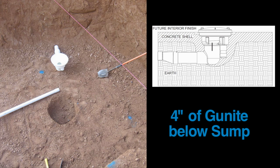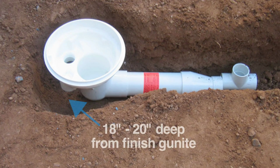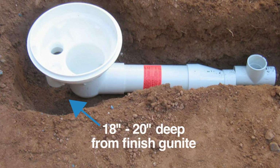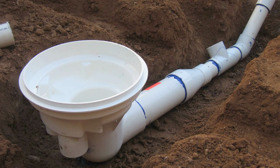Okay, let's get started. When digging the hole for any sump, you should always dig it deep enough so there will be at least 4 inches of gunite underneath the sump to avoid any leaks. On the MDX-R3, this means the bottom of the hole should be at least 18 to 20 inches deep from finished gunite. You will note that the drain comes with an 18-inch long, 4-inch piece of pipe and an eccentric